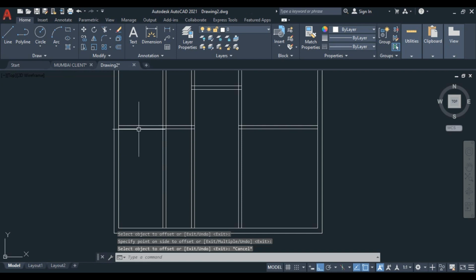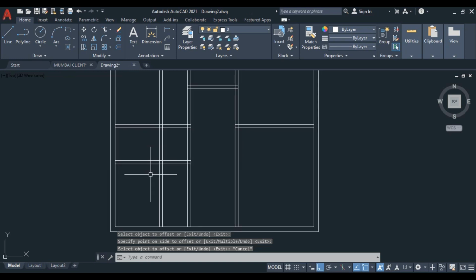Alright, now we'll offset this from upward to downward, so I take offset here 5 feet, press enter, and just click to this line and come downward. Again we take offset, 6 inches this time, and click here, click downward.